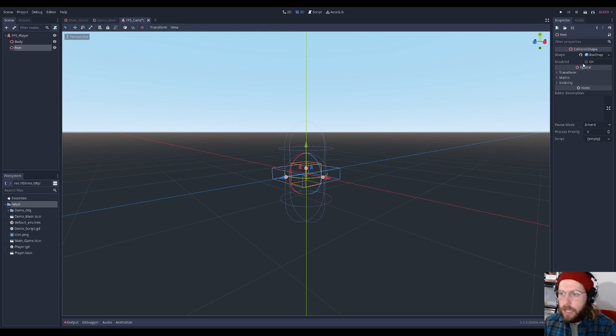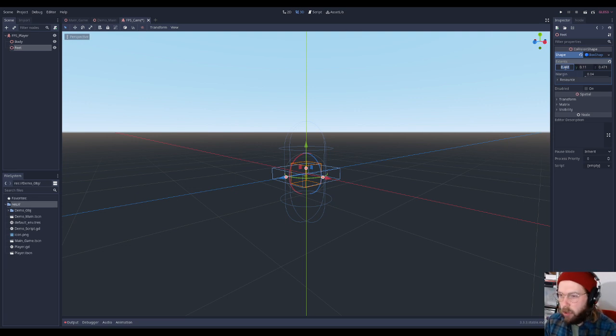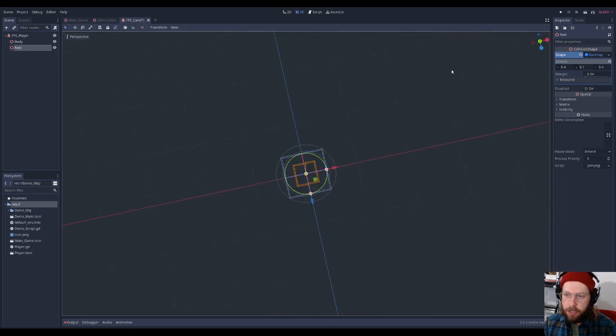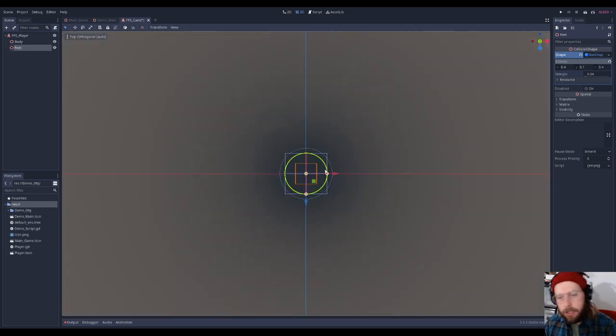Once I've used those handles here, I'm going to go to the transform, go to the box shape here, and see what those gave me. Okay, so I'm going to make these easier to read numbers. I'm going to say 0.4 for the X, 0.1 for the Y, and 0.4 for the Z to get that nice rectangular shape. And yeah, that seems pretty good to me. 0.4 seems pretty good. Maybe 0.45 would be better, but that seems like a good